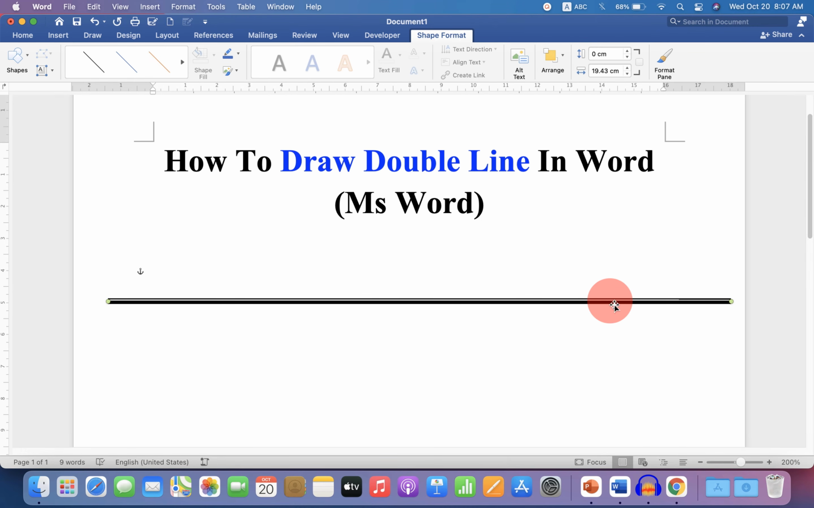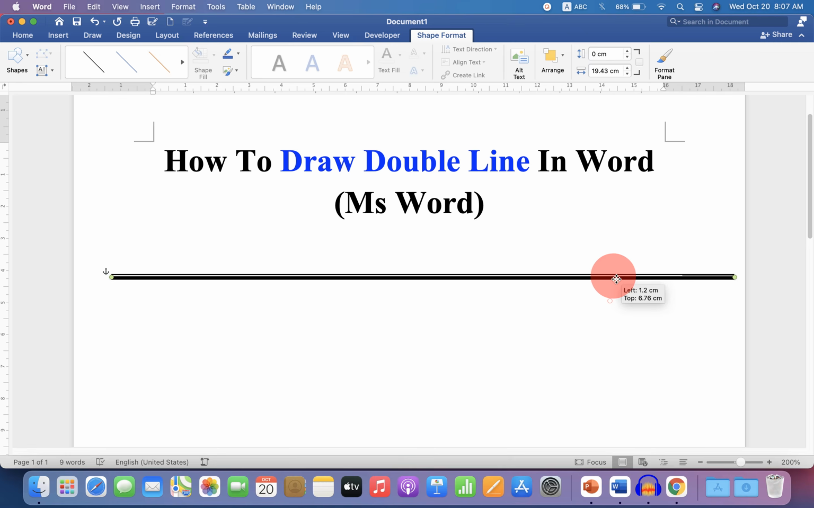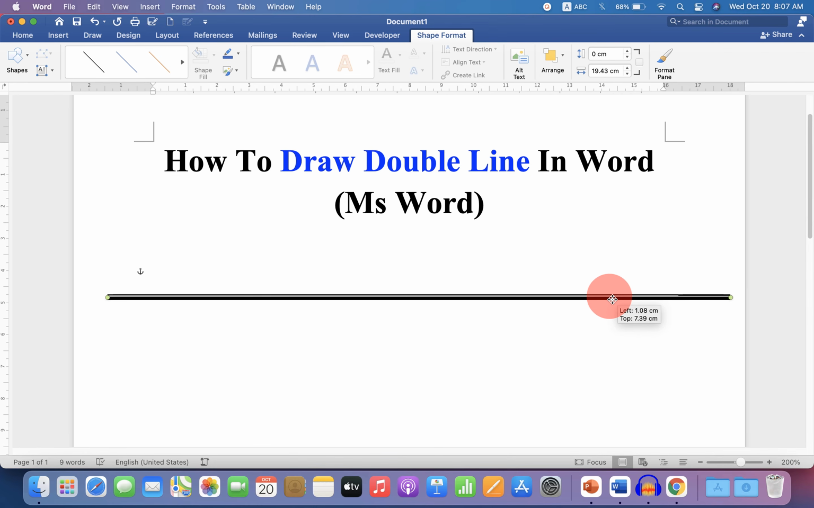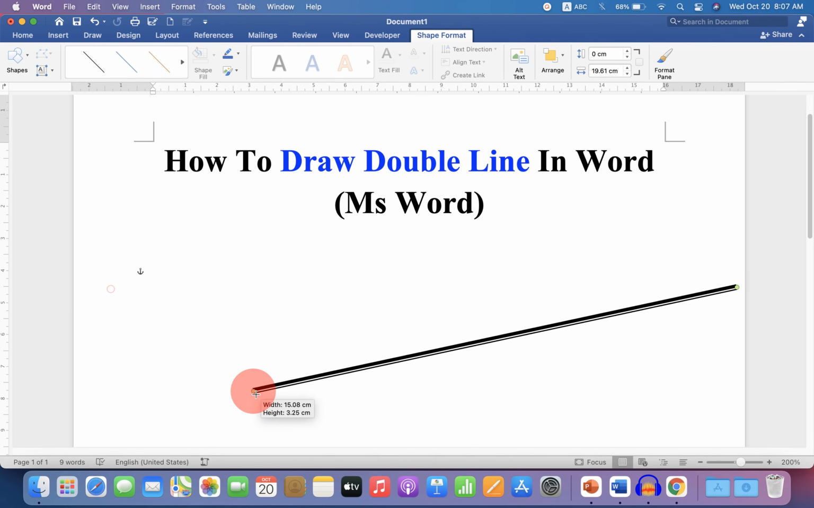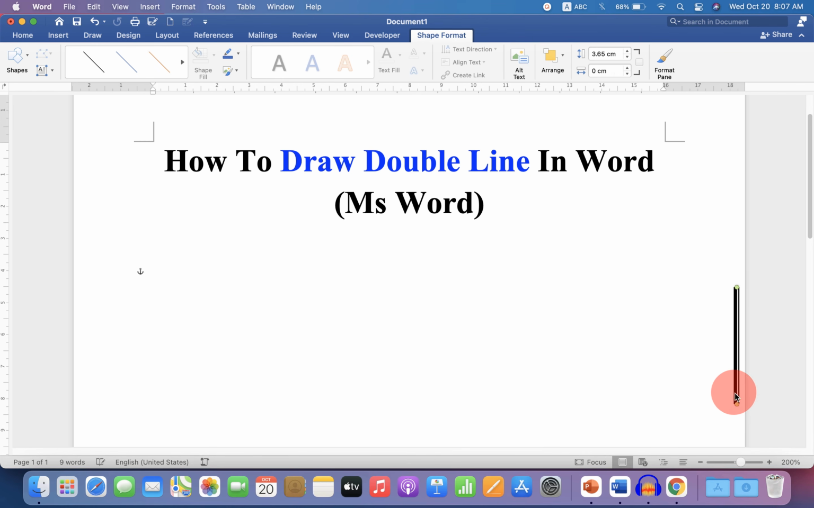Now you can select the line and move it freely anywhere inside the Word document, and if you want to resize the line, press Shift on your keyboard and then you can drag the end of the line anywhere inside the Word document to resize the line. You can also rotate the line like this as per your requirement and place it anywhere and resize it according